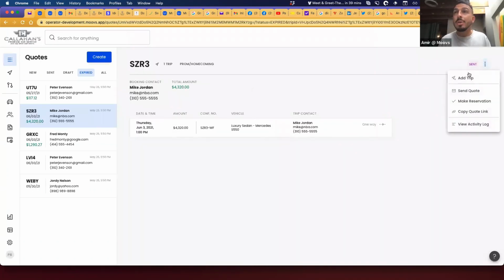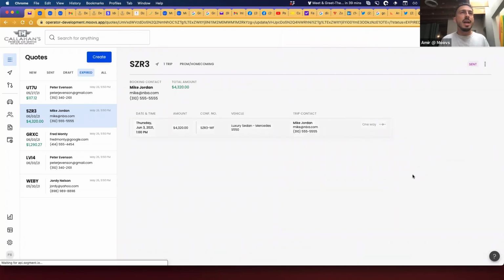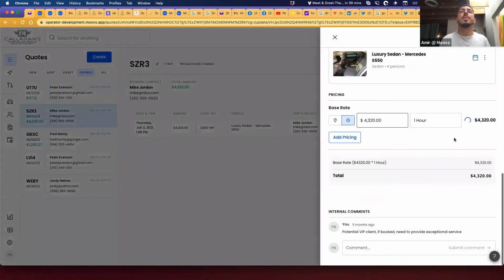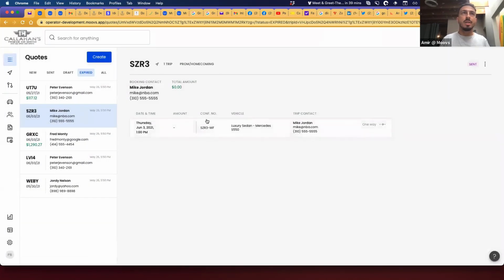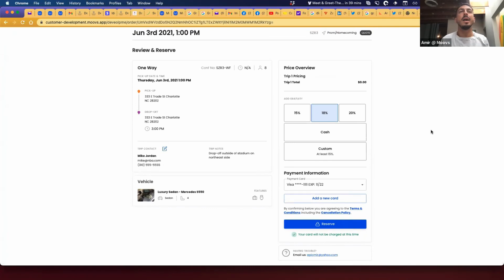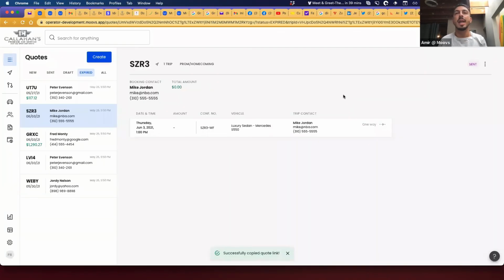And then the one thing I was just trying for you right now is, I'm curious if I delete the price, I don't think I can delete it though, if it does anything to the reservation. But yeah, that's a good one that I'm also going to add to the feature request map, on how you can deactivate or cancel a quote, because if it's in sent, then the customer can always request. So that's a good one. Thank you.